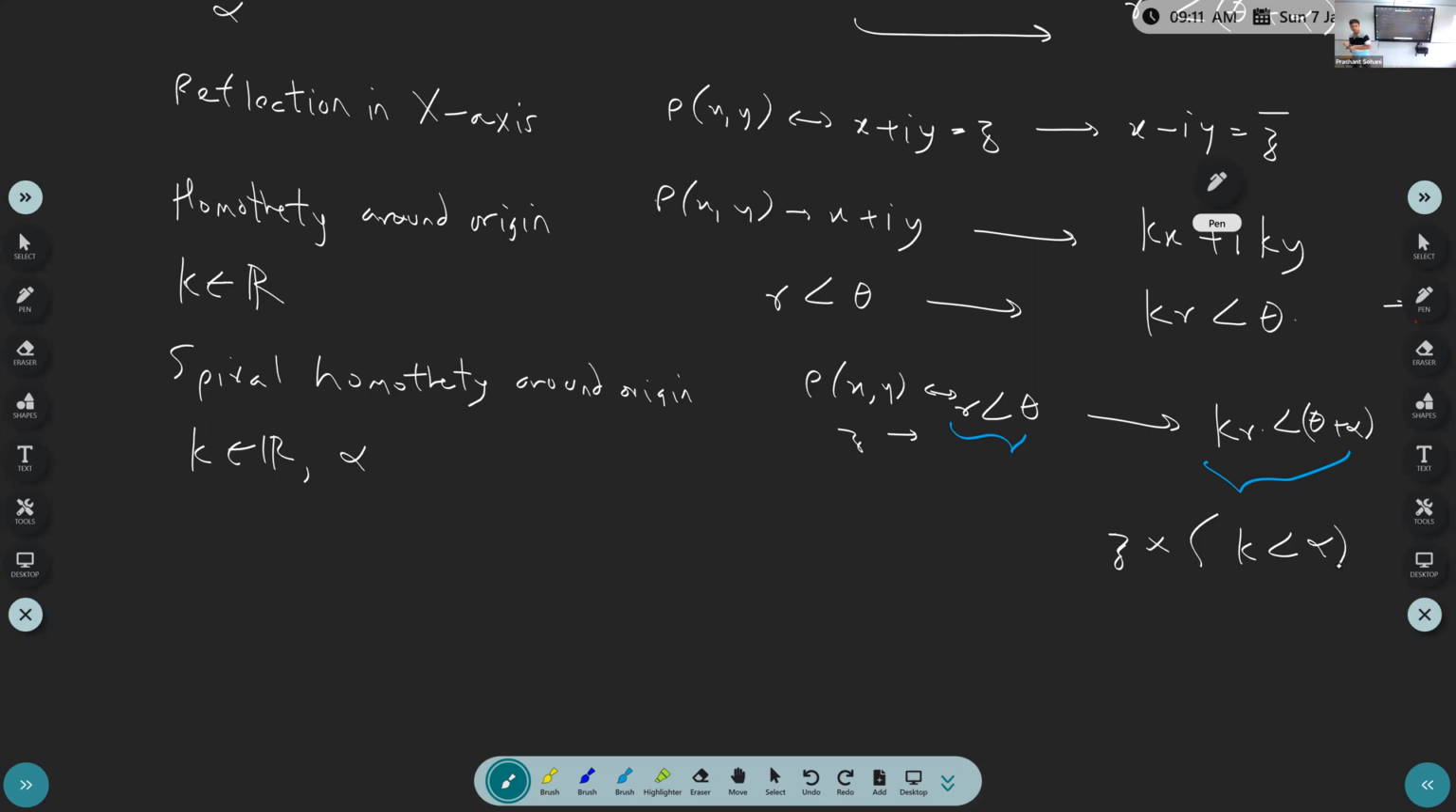So this is one important interpretation of spiral homothety, which maybe we did not talk about last time. And another way of describing the same thing is that